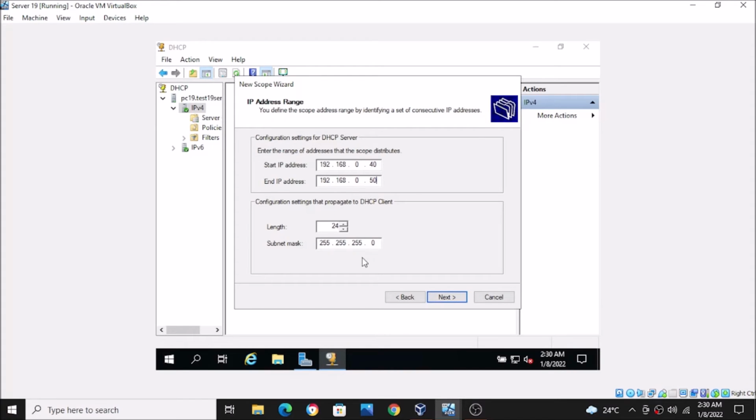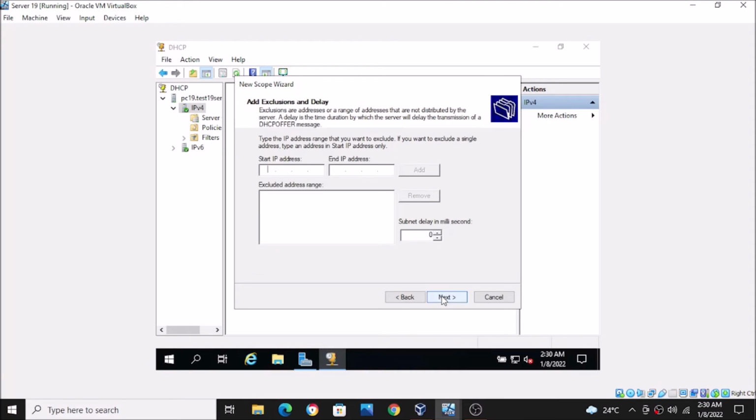We are not going to touch this. Leave that as it be. Leave that be. Next. Exclusions. Sure. So you can just exclude anything if you want. If you don't want to exclude anything, then you can click next. But just to show you all how it will look, 192.168.0 and let's say 44. We are going to add that. As you can see, it is in the excluded address range. Next,